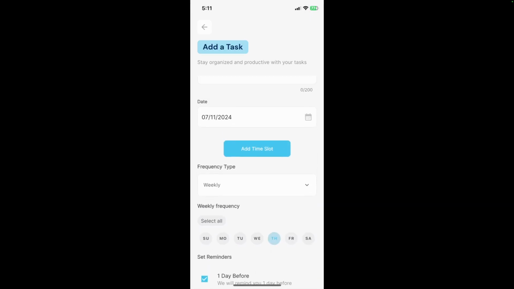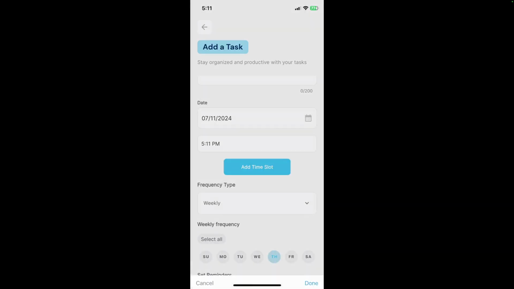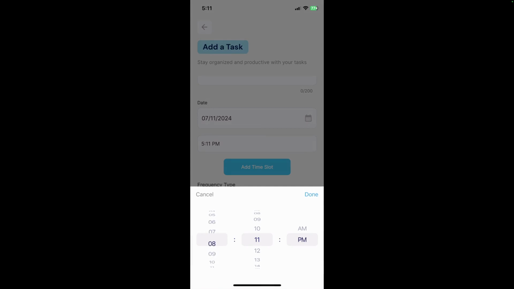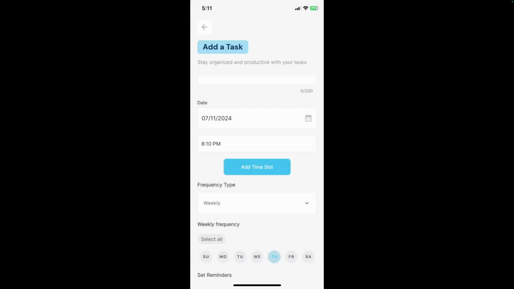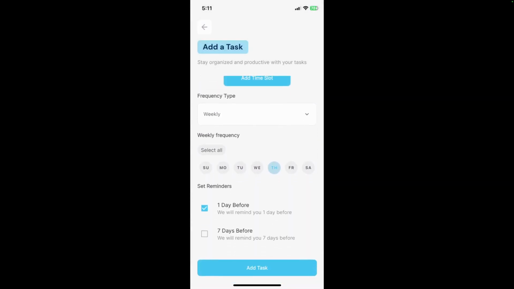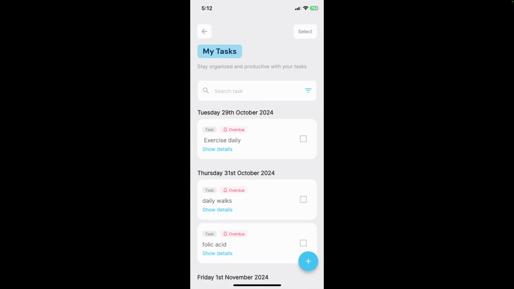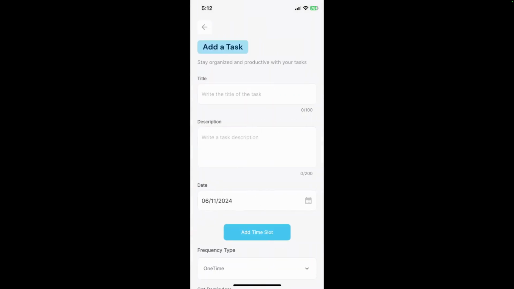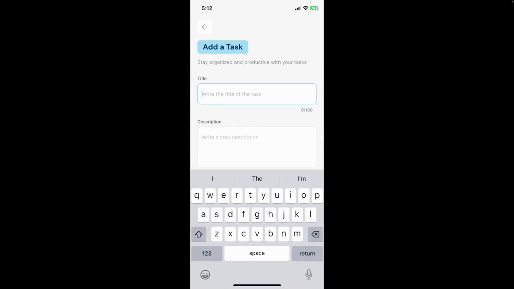Time slot, see, I need to put a time slot. What is a time slot? I want to take this one at 8 p.m. Let's say 10 p.m. just before my dinner. I'm going to add a task. I added two tasks. And if I want to check my blood pressure every fortnight, for instance, check